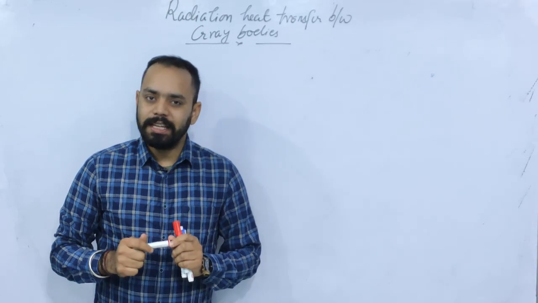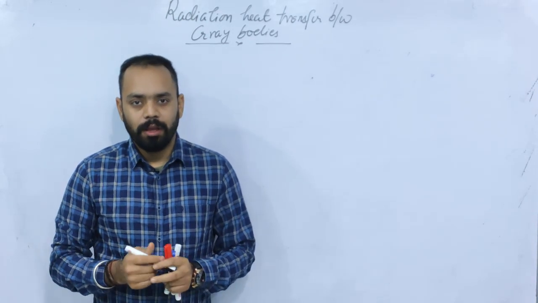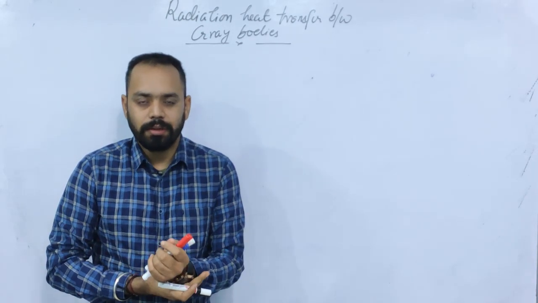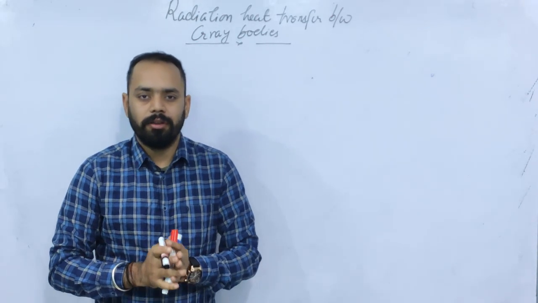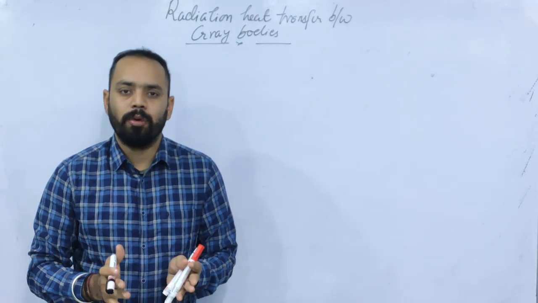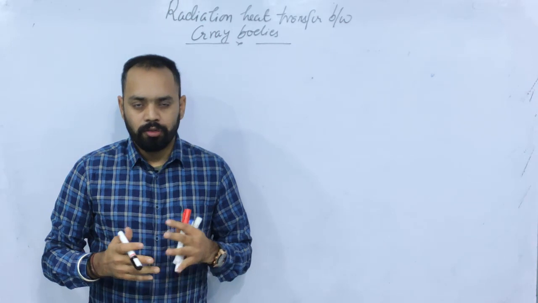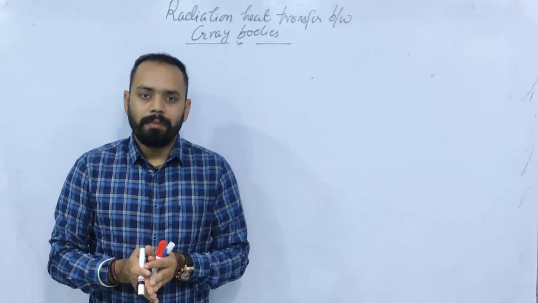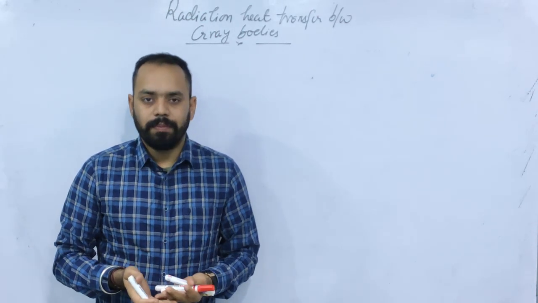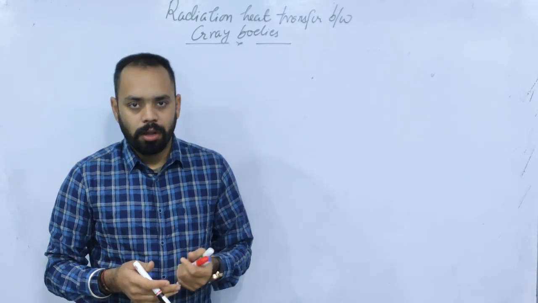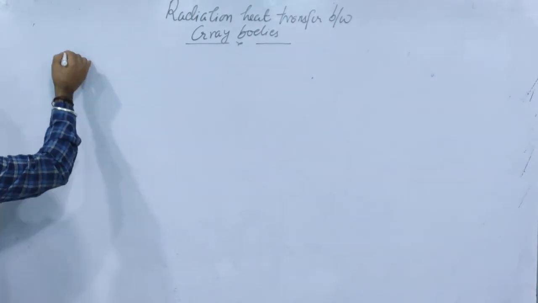Today's topic is the radiation between grey bodies. If you have gone through the basics of radiation, the bodies are classified into various categories depending upon their radiation properties. So we have black bodies. For black bodies, the value of emissivity is taken as 1. So suppose there is a black body,